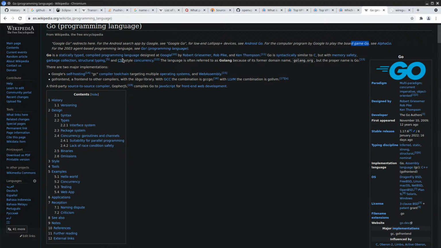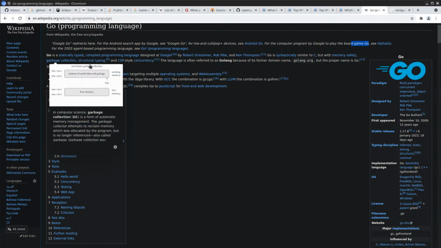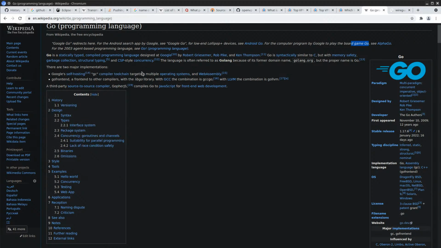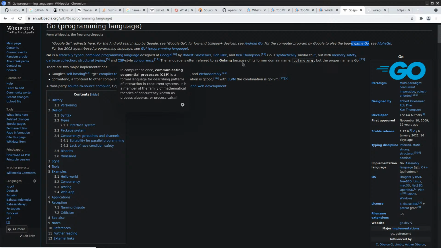Statically typed, compiled programming language designed at Google by these people. Go syntax is similar to C, but with memory safety, garbage collection, structural typing, and CSP-style concurrency. Communicating sequential processes. Not really sure what this is.